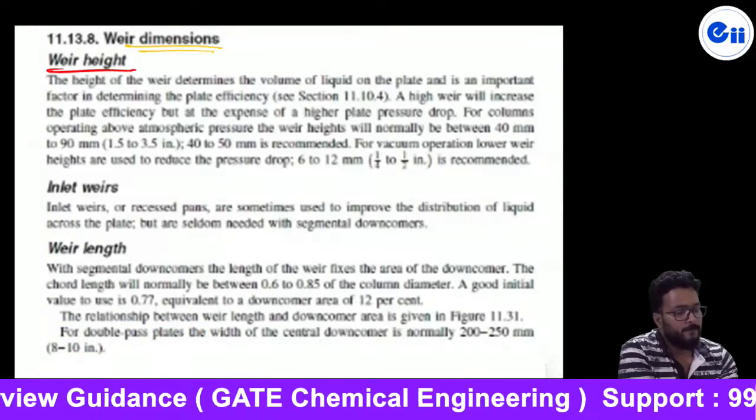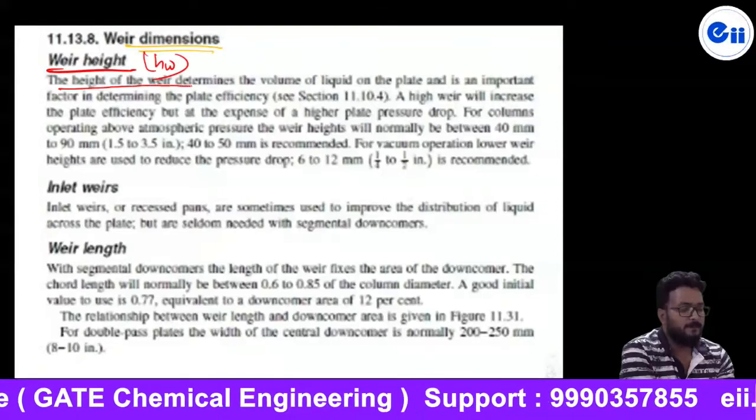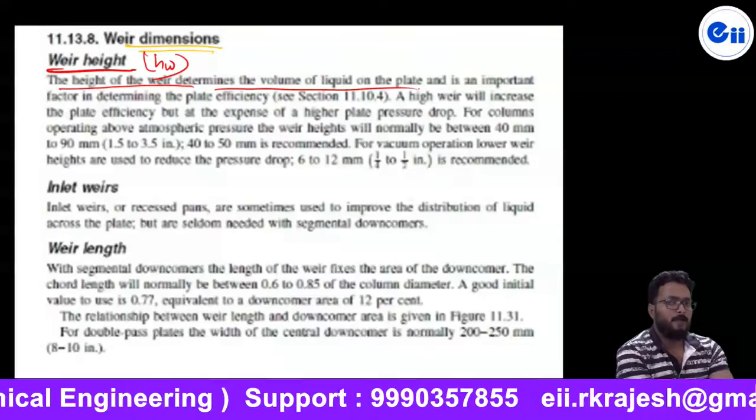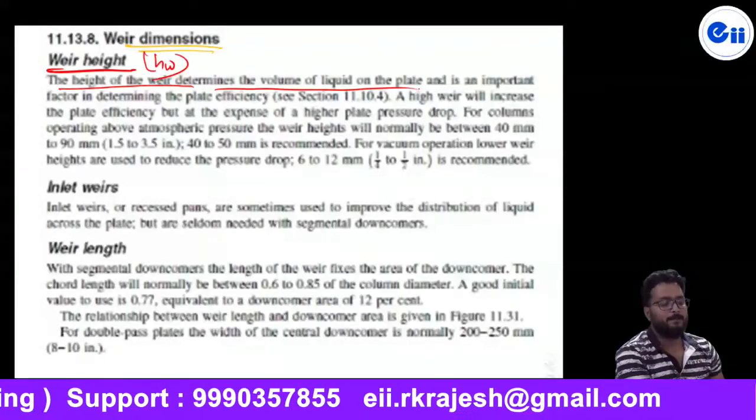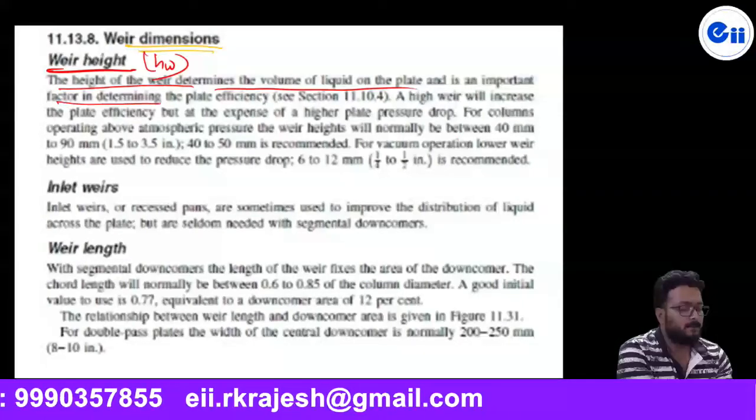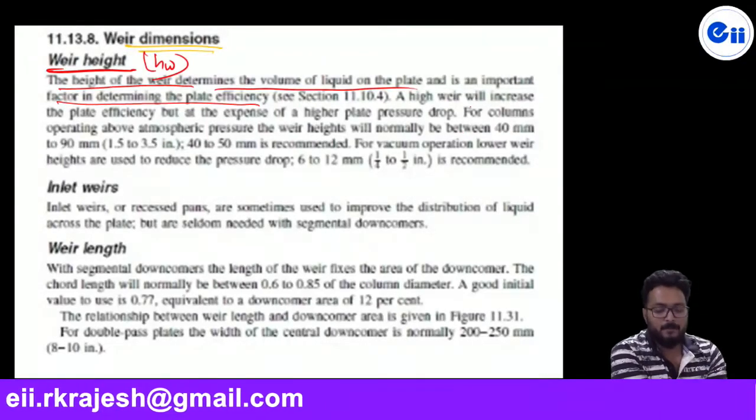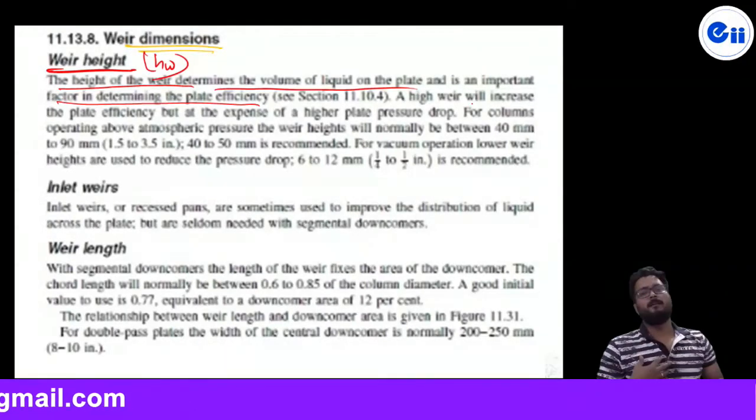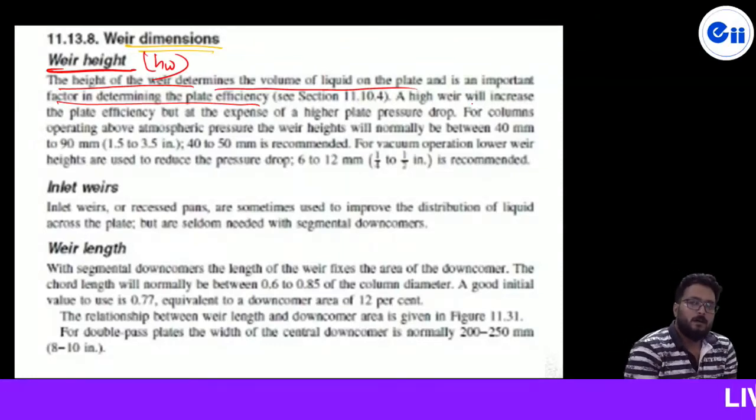Now weir height, first called as HW. The height of the weir determines the volume of the liquid on the plate. I have told you many times that how much volume or amount of the liquid will be on the plate will depend upon the height of the weir, and it is an important factor in determining the plate efficiency. A high weir, because I told you, it is very common sense. Suppose anyone asks you how the weir height will affect the efficiency of the plate, that is very simple, because